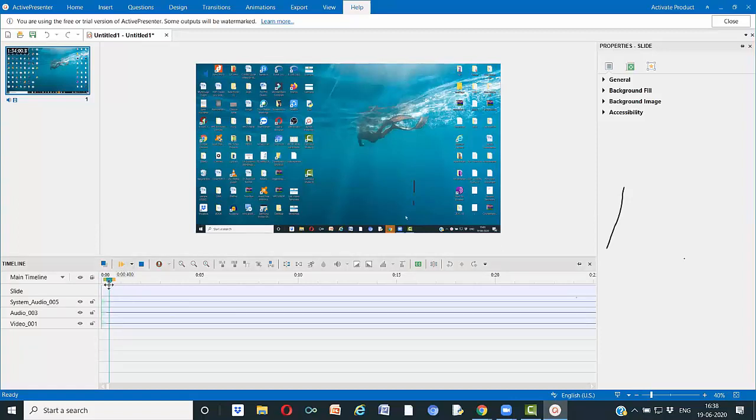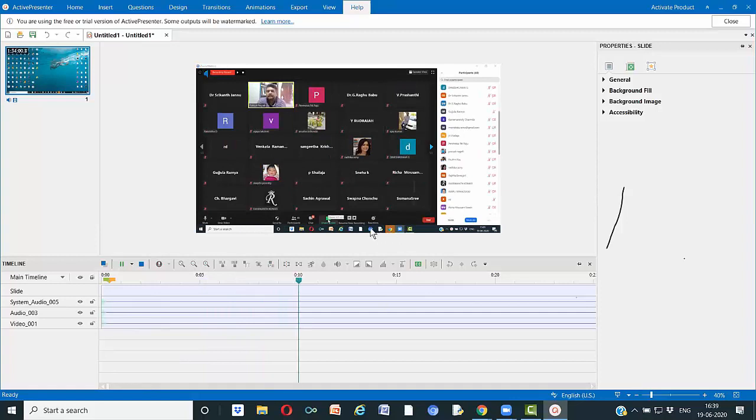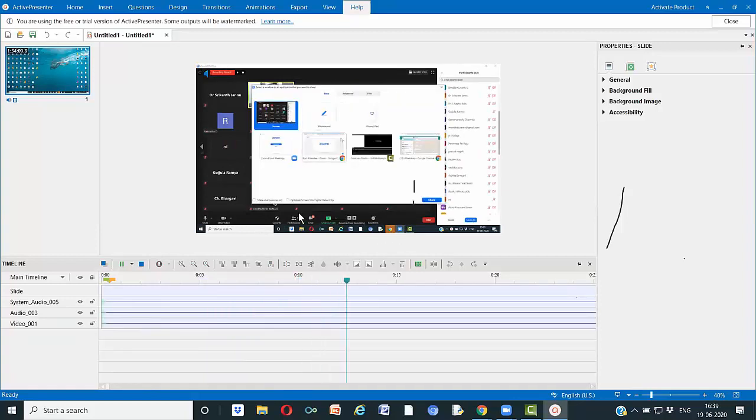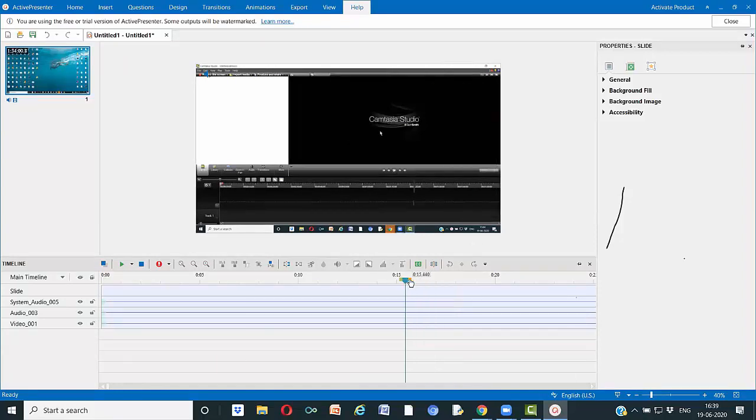This is my cursor as usual, in the same way as in my Camtasia Studio. Now look at whatever I have done here from the very beginning. Look, the screen also got recorded here. Now I can do any kind of editing here and show you.